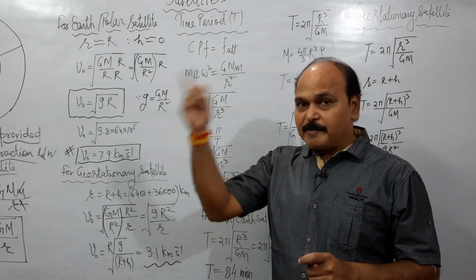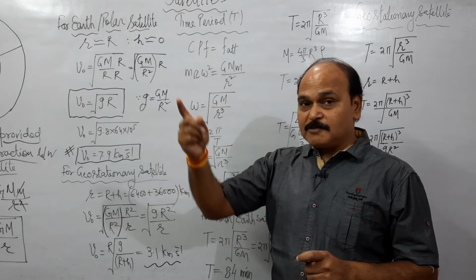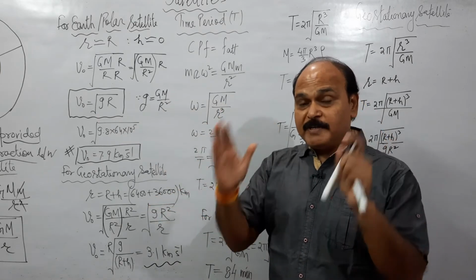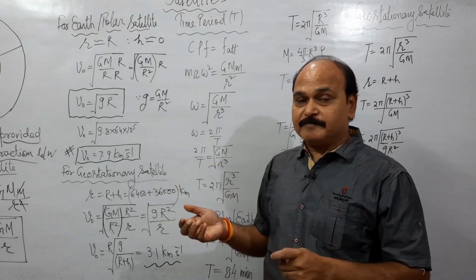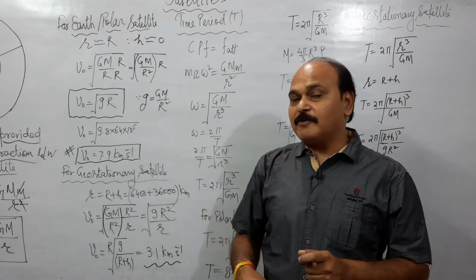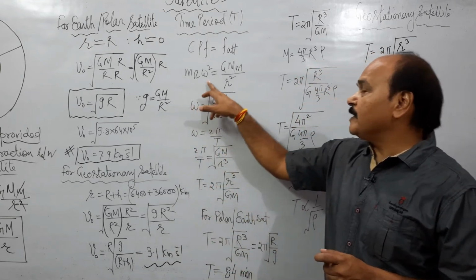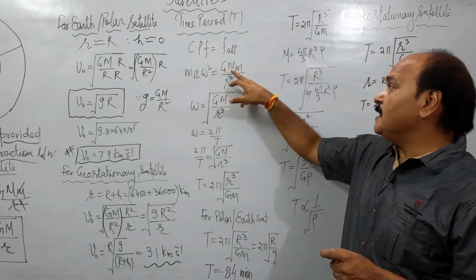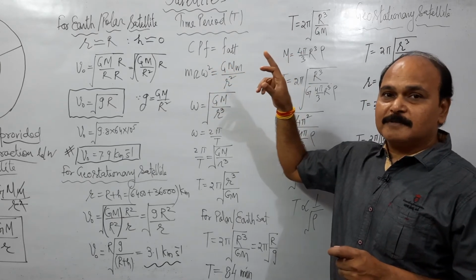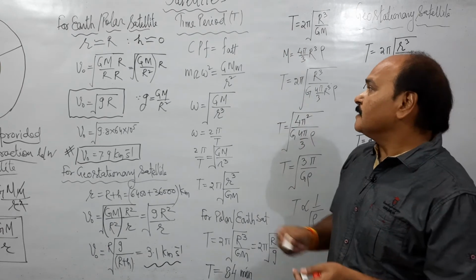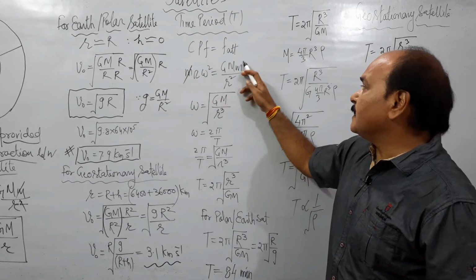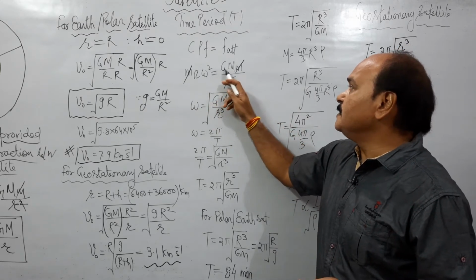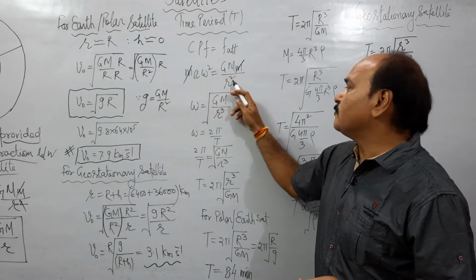One is mv square by r, which we have used. The other relation is what? m r omega square. And the third relation is what? m into v into omega, that is angular frequency. So we are going to use the second relation for centripetal force, m r omega square, and that is equal to the force of attraction between satellite and planet. And what is that? GMm by r square. We can see that this mass m of the satellite cancels out. So what do we get omega square as? We get omega square as GM by r, and this r square becomes r cube.